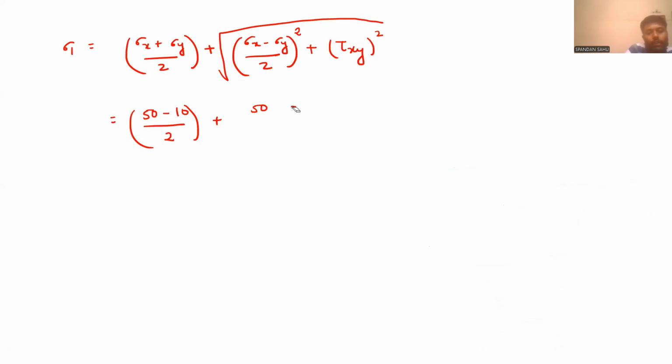So I am erasing it and writing directly plus 10 by 2 whole square plus tau xy was 40